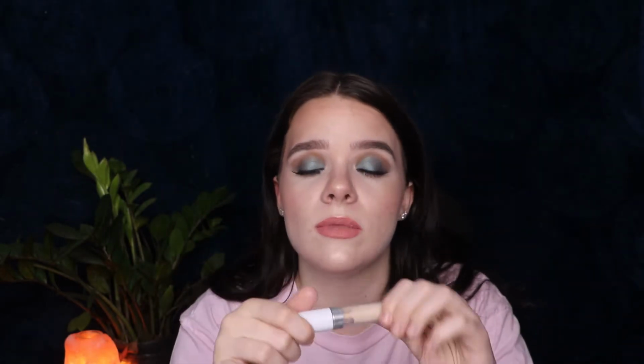This comes in so many shades, so many undertones. It's good as an eye base. It's good for a wear alone concealer. It's good with like wearing it with your foundation. It lasts long. It's not super drying for my skin. It's everything that you want in a concealer, and it's affordable. So